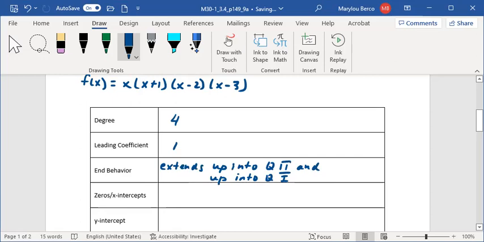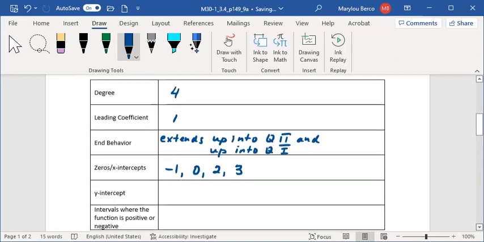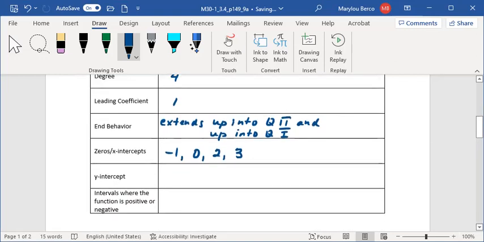The zeros or x-intercepts are negative 1, 0, 2, and 3. The y-intercept is 0, and the intervals where the function is positive or negative